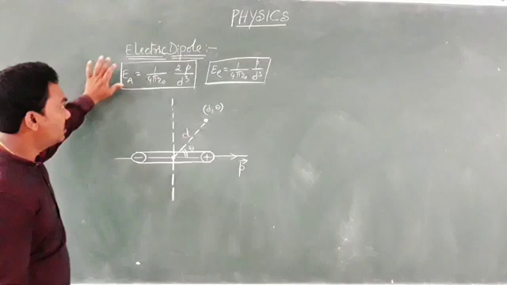Small additional point here: if you wish to know the direction of resultant field intensity at the particular point P, look at the figure once. The resultant of E1 bar and E2 bar makes an angle alpha with E1 bar. As E1, E2 are perpendicular, you see on the right side of the board, the calculation at the end, so that tan alpha is equal to E2 by E1, because you are mentioning the angle with E1. So tan alpha is equal to E2 by E1. You have E1, E2 values already in the calculation part.